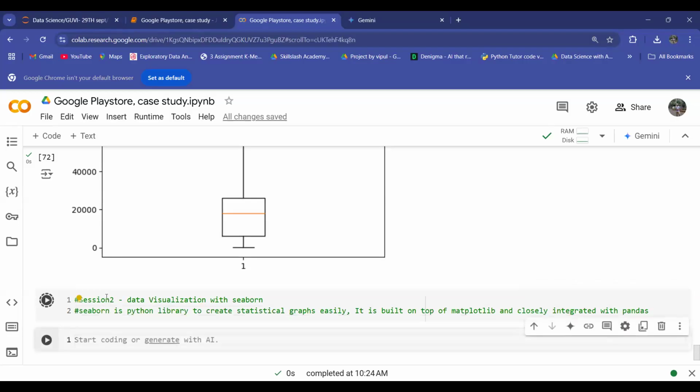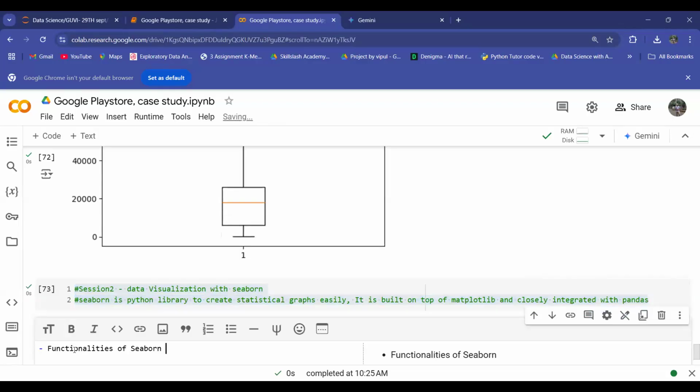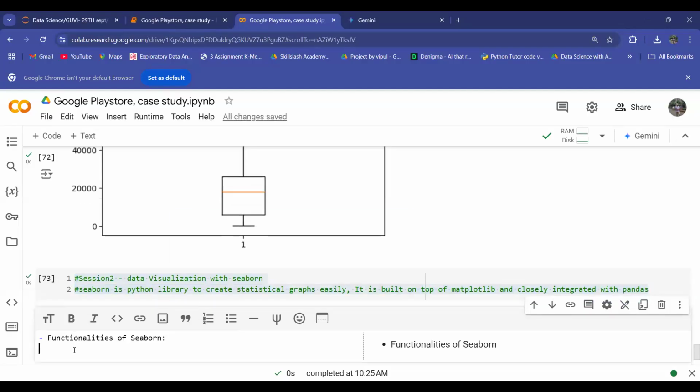The functionalities of Seaborn are dataset oriented API, analysis, analyzing